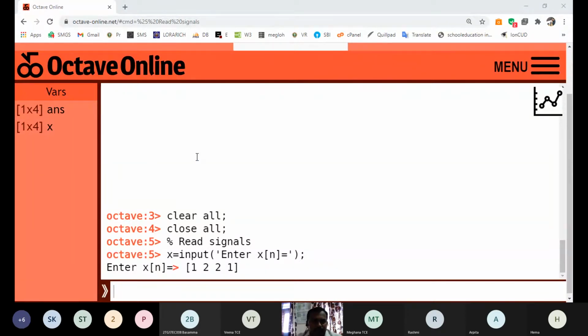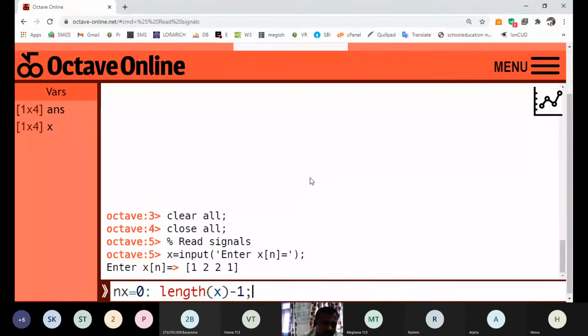After reading that, we need to know the length of the signal, because when we deal with the Fourier transform concept, we need the length of the signal, that is capital N. So we need to declare another variable for the length or size of n. n ranges from 0 to length minus 1.